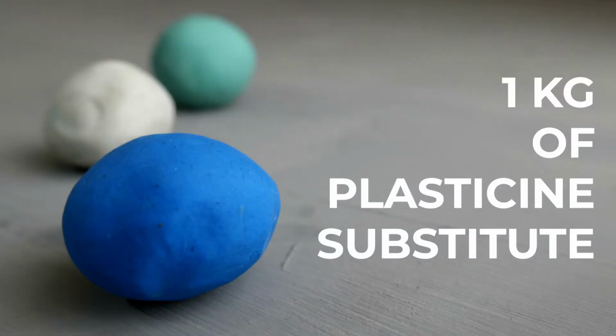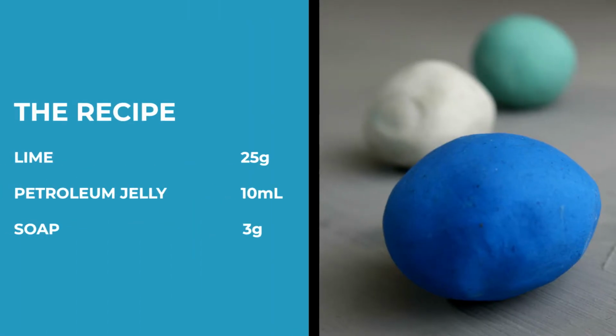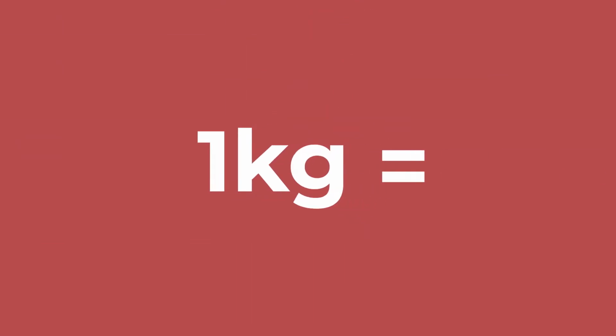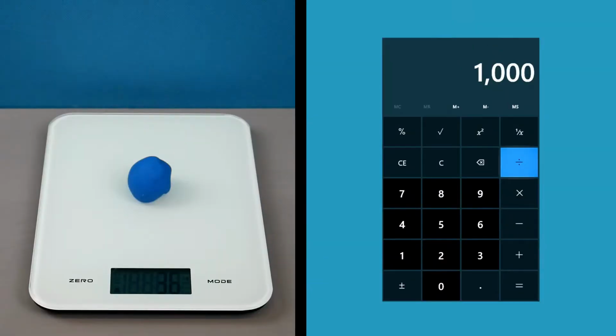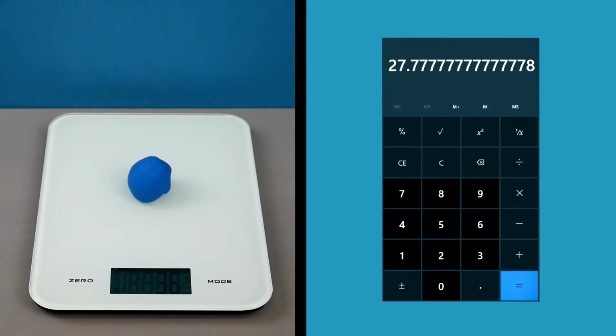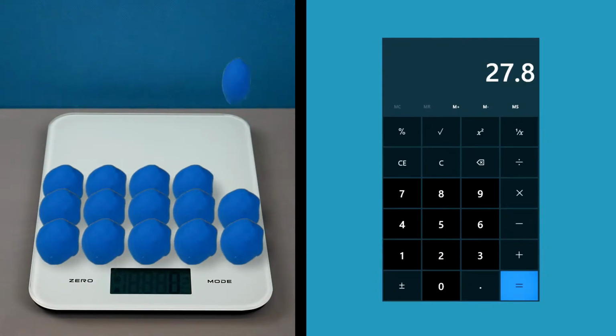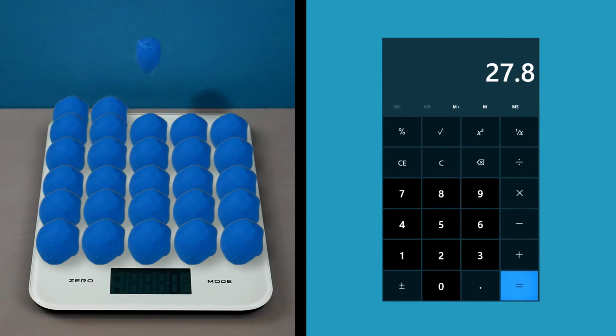How about an example? Let's say that I want to make 1 kilo of plasticine substitute, and the plasticine substitute recipe I have yields approximately 36 grams. I need to find out how many pieces of plasticine substitute equal 1 kilo. So 1 kilo has 1000 grams, divided by 36 gram pieces, I get 27.7 repeating, so I'll round that up to 27.8. So I need 27.8 of these little pieces to make 1 kilo, and I can use this as a multiplier